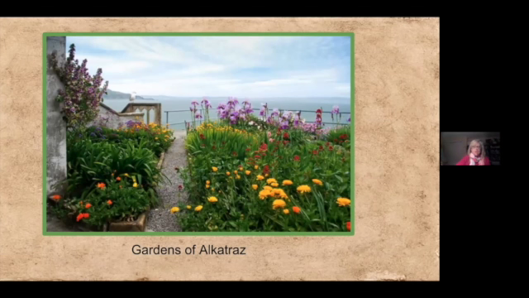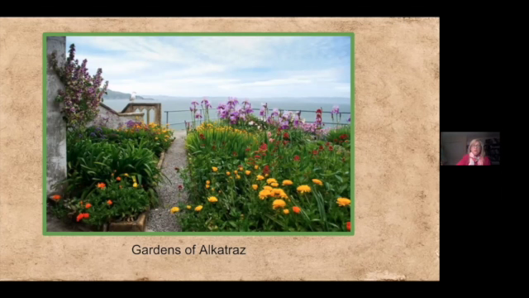When it was a military prison in 1861, and then the prisoners began a garden in the 1920s, they felt that this was very therapeutic for the prisoners. They spent a lot of time outside getting fresh air. They really couldn't go anywhere, so they were able to stay outside and garden. And the workers, the warden, and the corrections officers all lived on the island. So they created vegetable gardens and rose gardens,